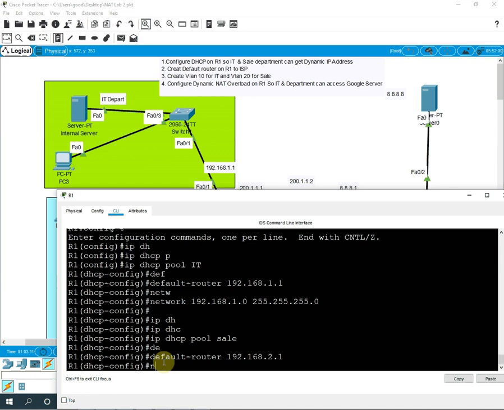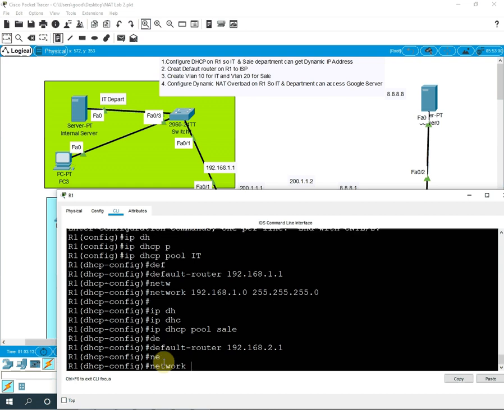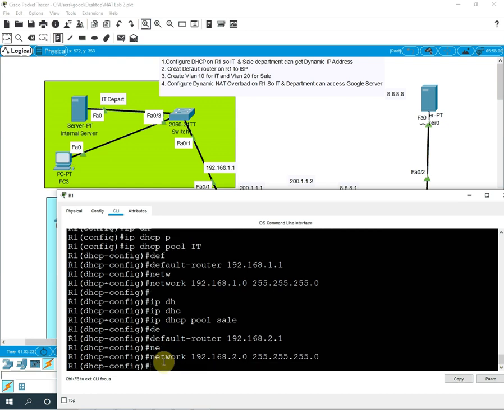Then we need to write network, 192.168.2.0. This is the network ID. Then this is the subnet mask. We already discussed this in our previous video. If you have any doubts, you can watch that one also. So with this, we will have the default gateway as well as the IP address, dynamically, for our PCs.